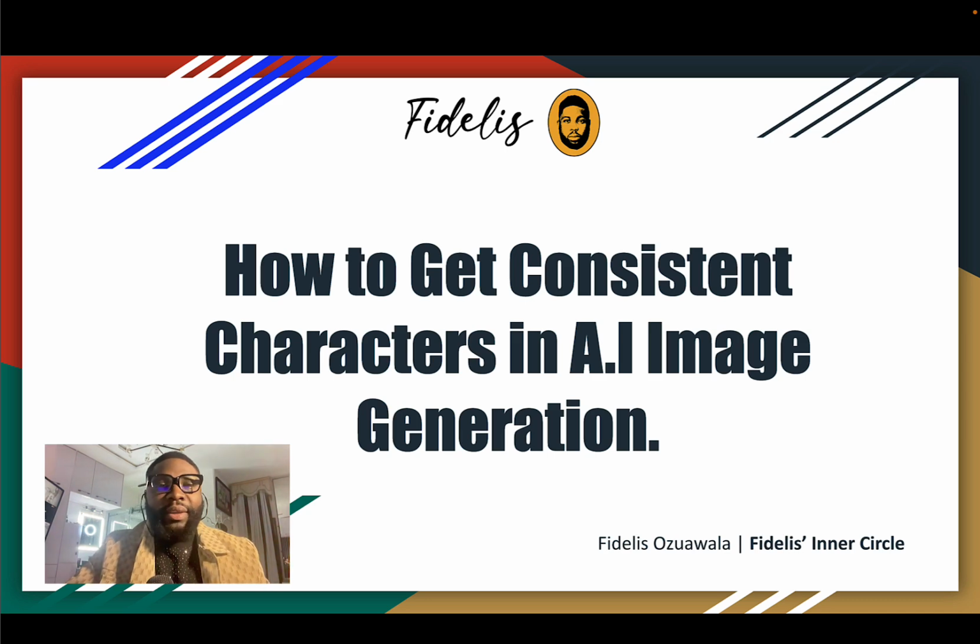In today's video I'll be showing you how to get consistent characters during AI image generation. It's a no-brainer for you to get consistent characters, especially if you're a content creator with a folklore YouTube channel where you tell stories, or you want to make episodic stories, or you are interested in personal branding using AI to tell your stories, or you just want to build a catalog of people wearing your clothing items and you want to use a consistent character for it, especially if you want a particular race. So in this video I'll break it down,